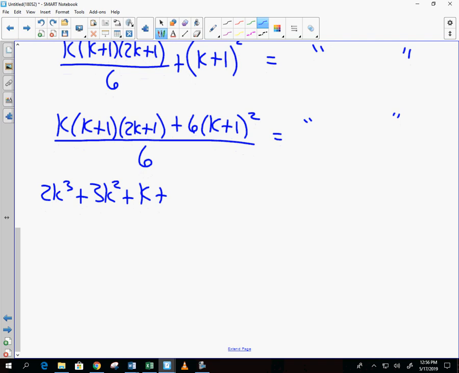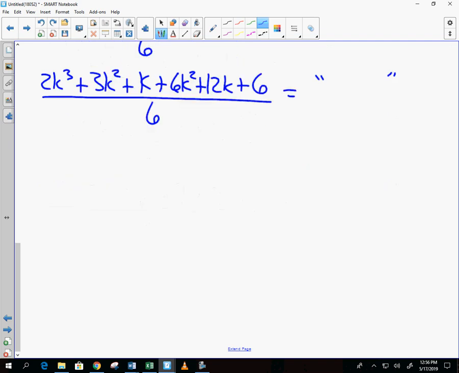So it will be 6k squared plus 12k plus 6. Two k cubed plus